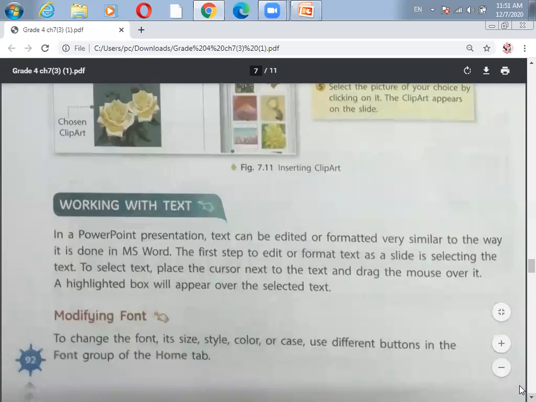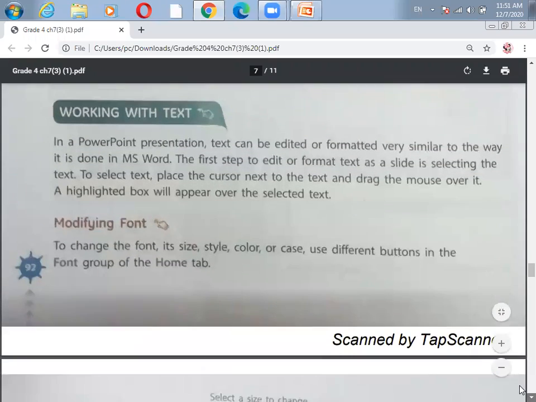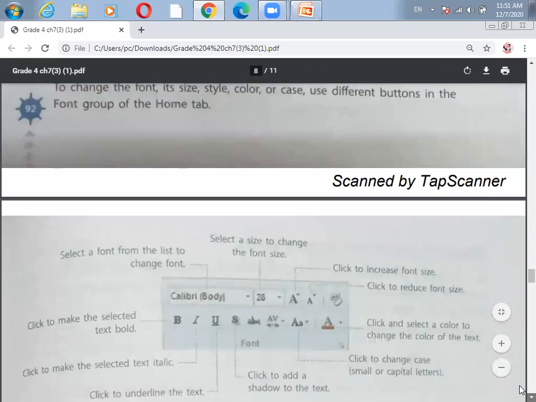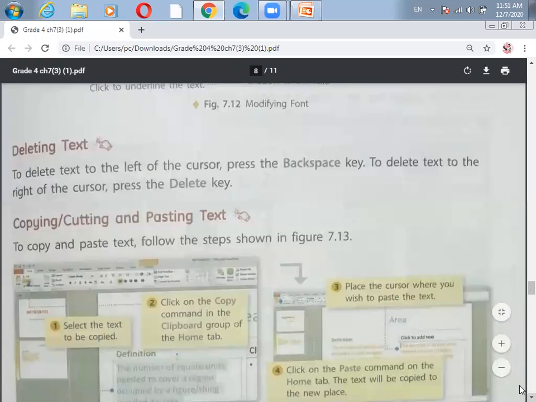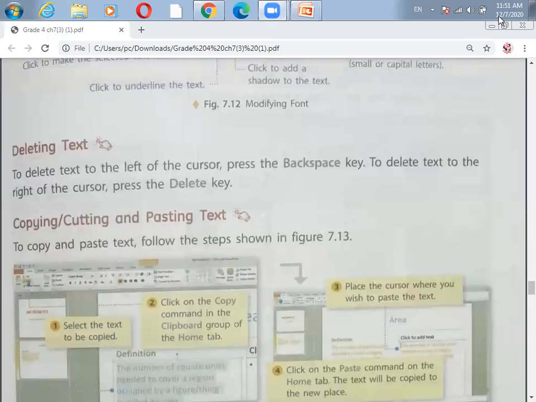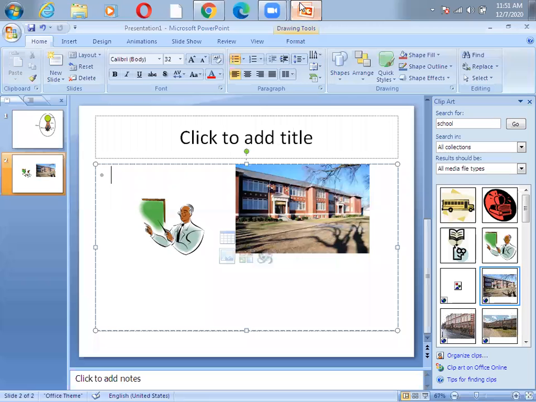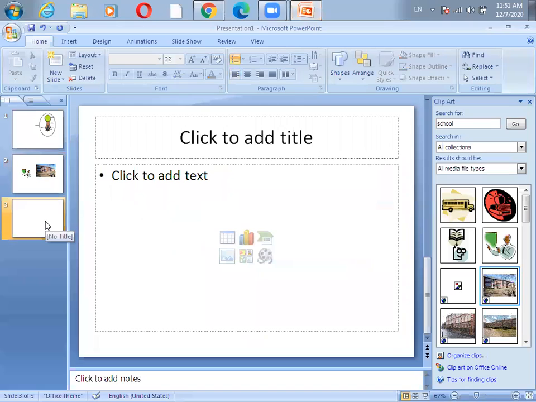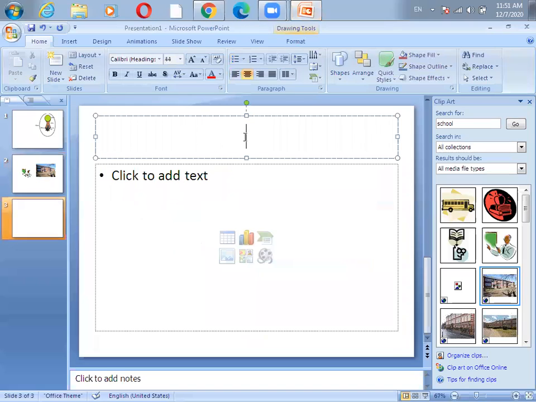Now working with text, how to modify the font. In the Home tab, we have so many options for that. So first I need to open a new slide. In this we are going to write the text. Anything we can write, presentation.